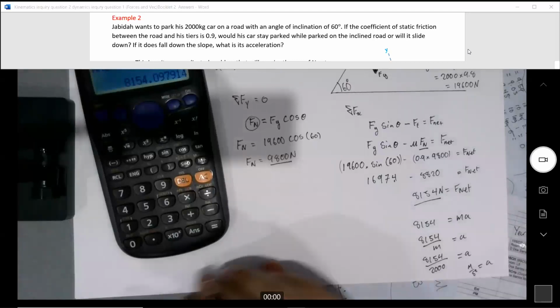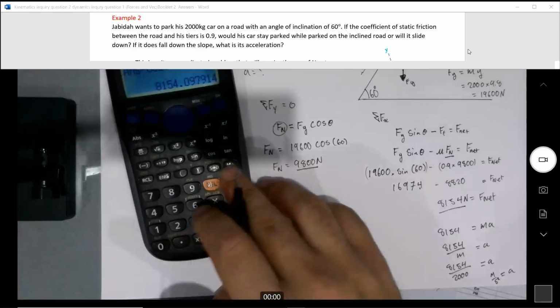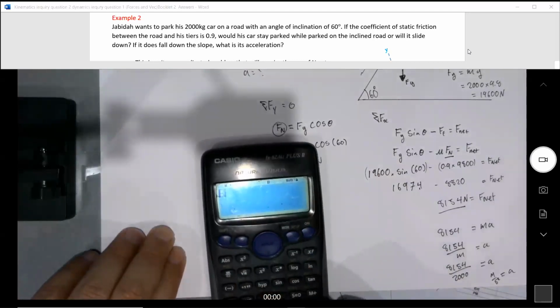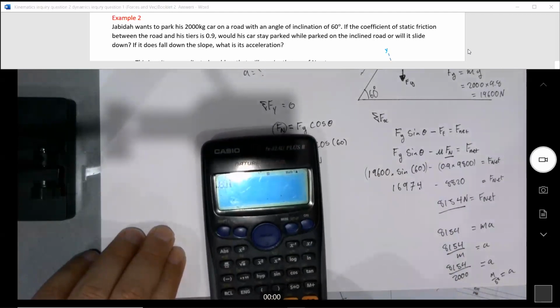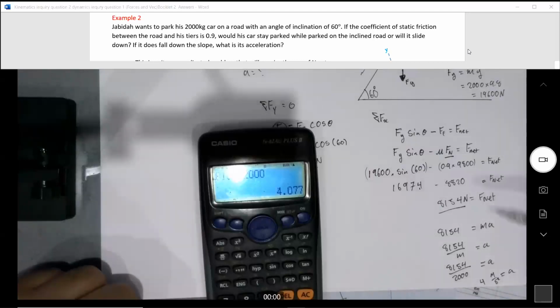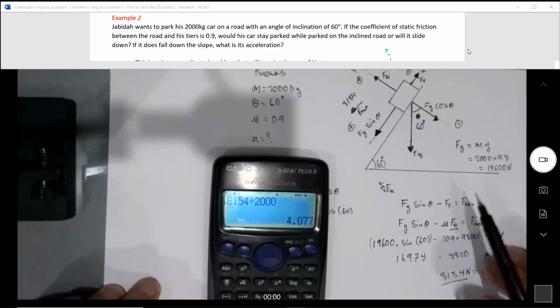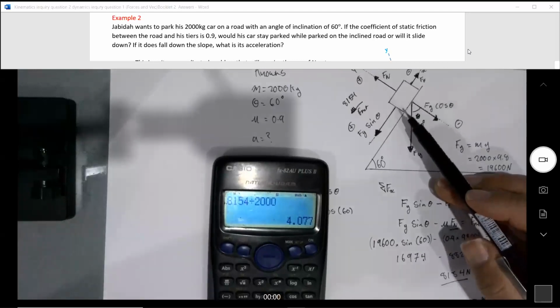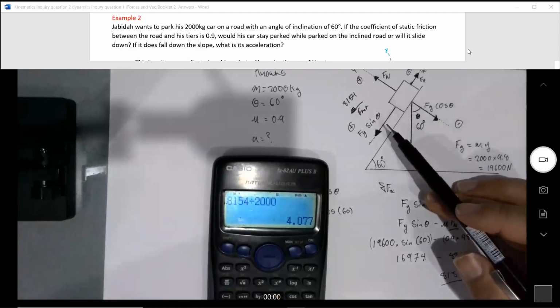The acceleration is 4 meters per second squared. So that's going to be increasing. Every second, the velocity is going to be increasing by 4 meters per second. So yeah, that's going to be